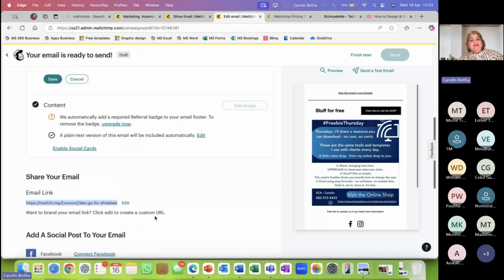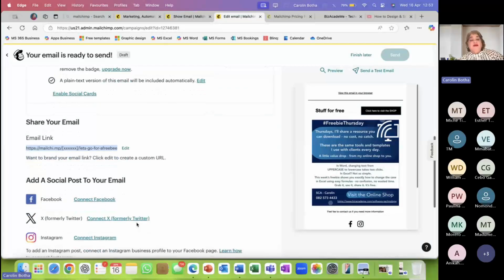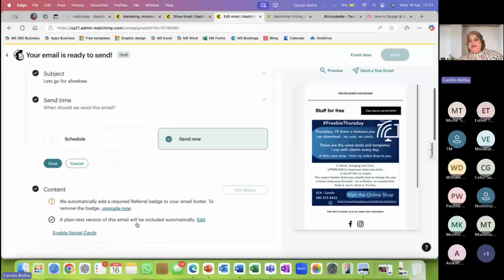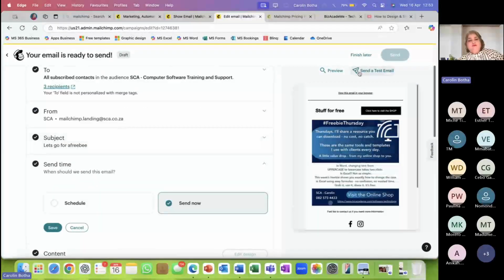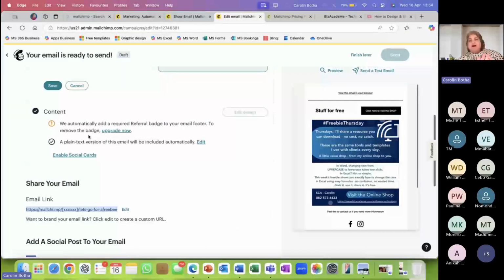And you can even take that link and post it connected to your social media, and it will put that link onto your social media. But that's not for today. Before you send it out, I strongly recommend that you test it once again. Test it and preview it. You can even finish it later if you're not done yet and maybe looking for some information that you don't have. But once you're ready and once everything is done, MailChimp will help you with that and remind you.